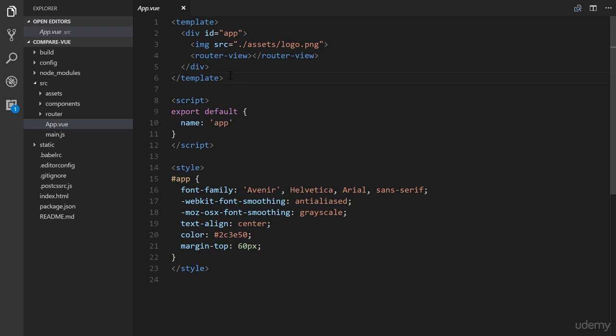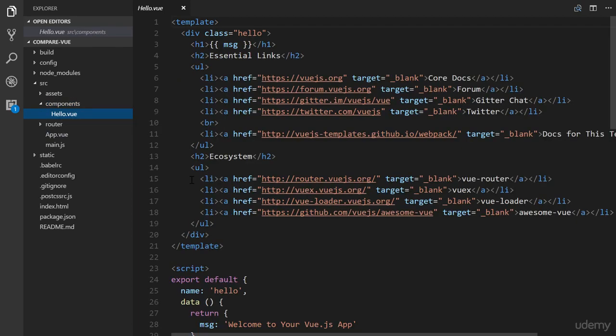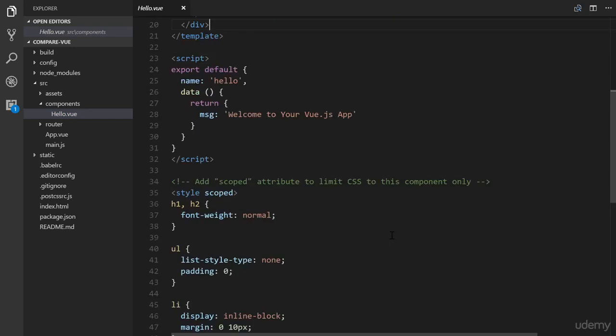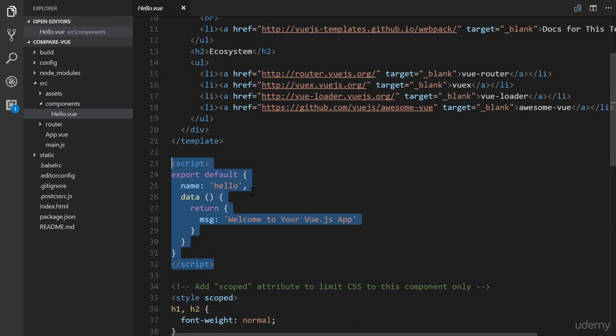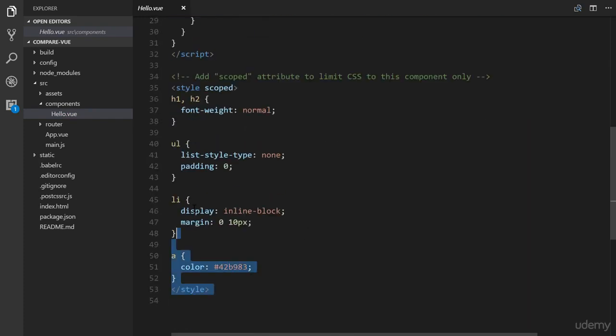So we have three different sections. Components have templates, we have the script, which defines the logic of our app, and then we have styling for our styles. All right, so very simple to understand. Everything is contained within a single file for each component, and they are reusable. All right, so the thing that we want to do here is open up components. So we have a default Hello.vue that the CLI generates. And again, same situation. We have a template, we have a script for any of our logic,